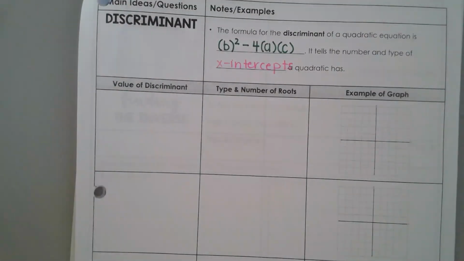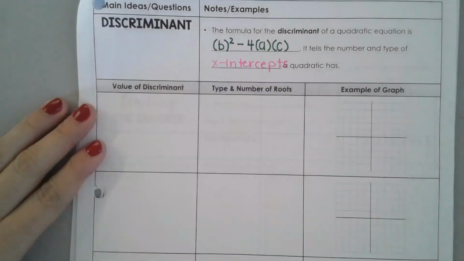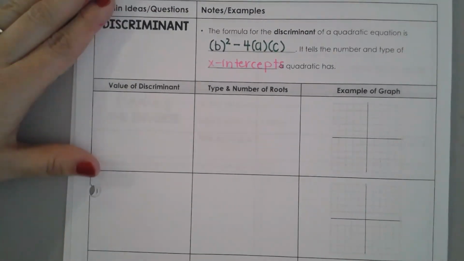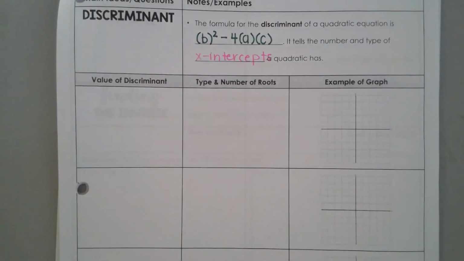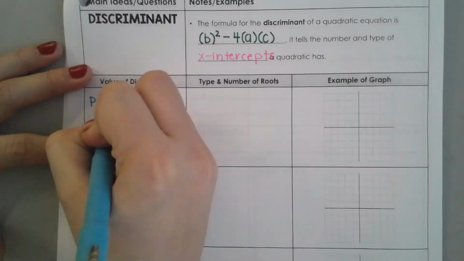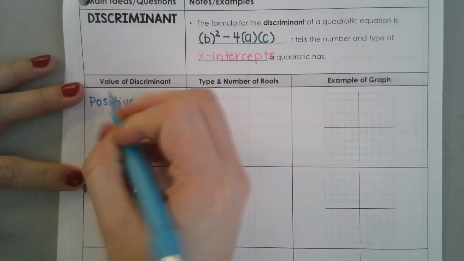Depending on what we get for our discriminant, what kind of number it is, that'll tell us what our x-intercepts look like. So first off, if my discriminant is a positive number and a perfect square,